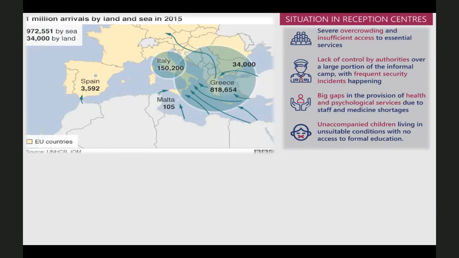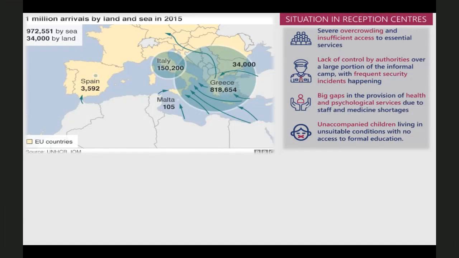Well, reception conditions vary from one EU member state to another, and it's true that there are a lot of really important differences from one EU member to the other, with the accommodation conditions in many EU reception centers being far from complying with the EU standards. For instance, back in 2015, during the huge refugee crisis in Europe, the reception centers in Greece were not adequate to welcome all those thousands of refugees entering the Greek territory.